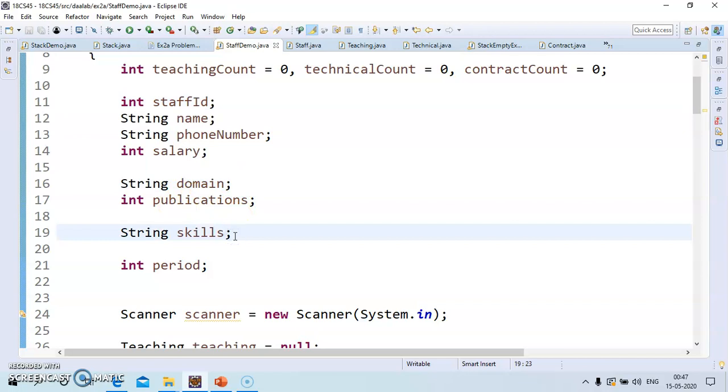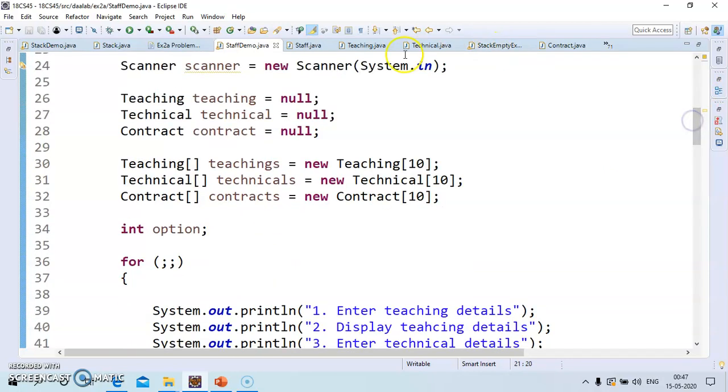This is for technical, that is skills, and this is for contract, that is period. Okay, and then we have a scanner defined here, and then initially this teaching, technical and contract is null here, and then we are defining an array for the teachings, technicals and contracts. So these are all the arrays to hold the objects of teaching, technical and contract.